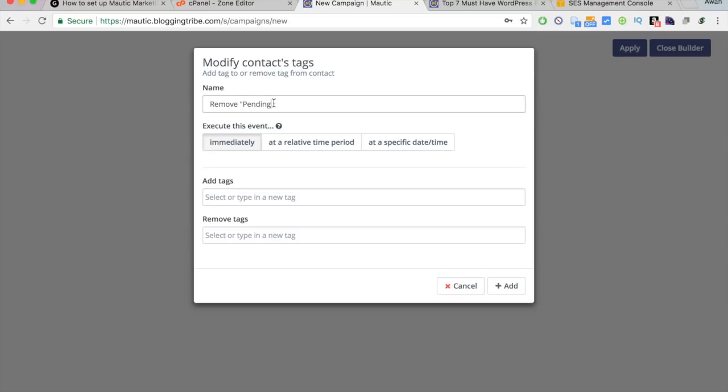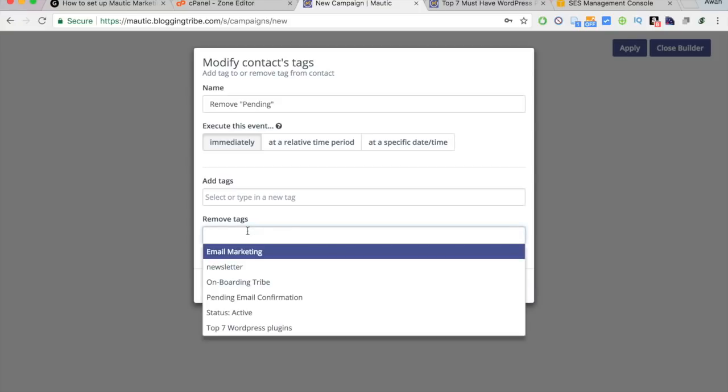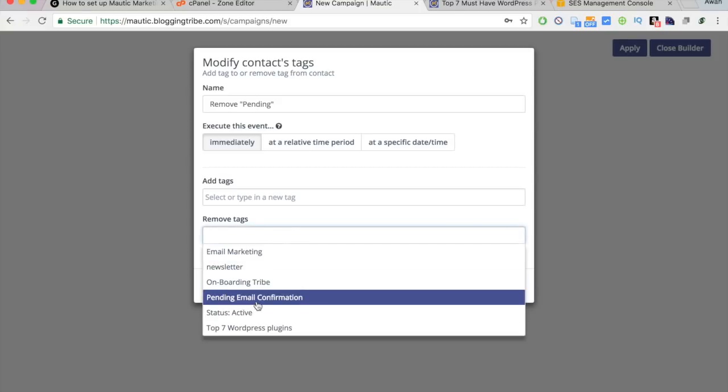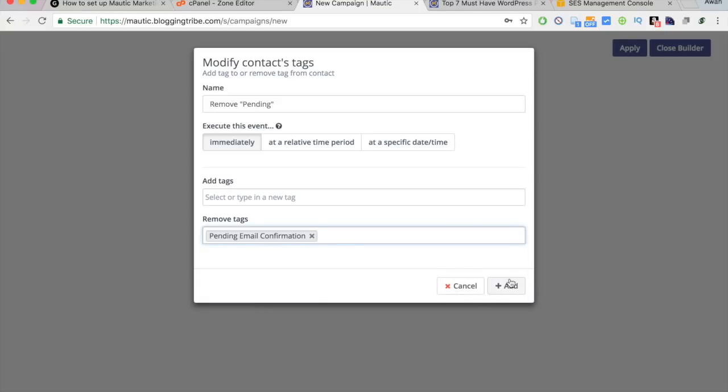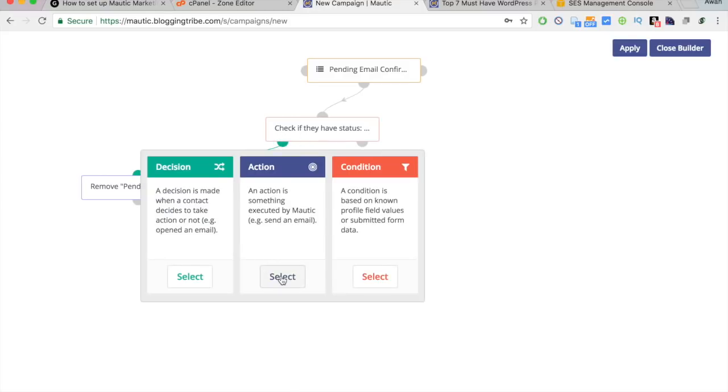So we don't want them to be pending, we want them to keep going. So we want to remove pending email confirmation. Now you see, if they have status active, they have pending email confirmation, and then here we will